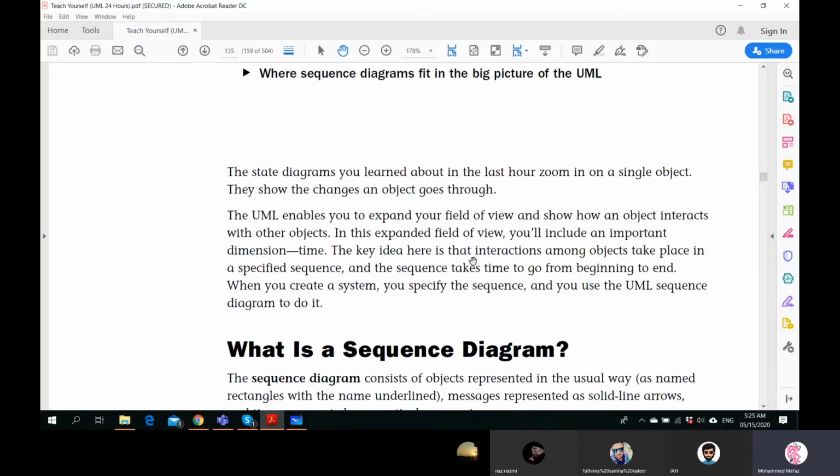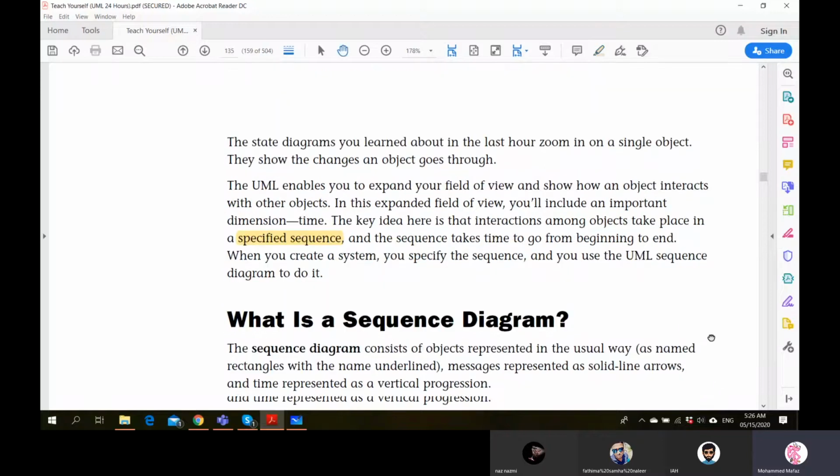The key idea here is that interactions among objects take place in a specified sequence, so keep that in mind. And the sequence takes time to go from beginning to end. When you create a system, you specify the sequence and you use the UML sequence diagram to show that, right?